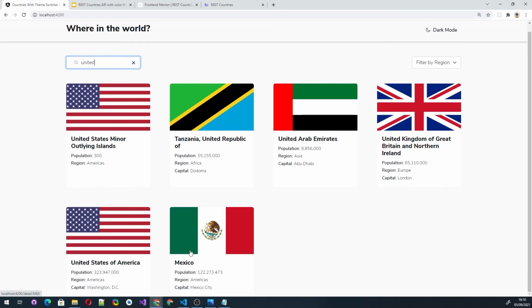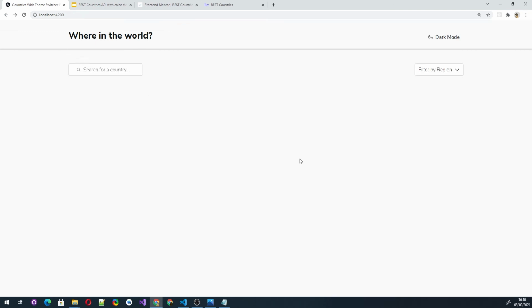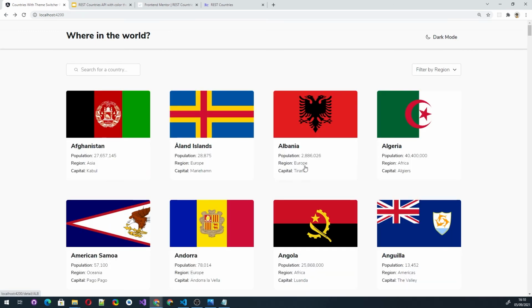This is an interesting one. I have to look at that again. I don't know why that one comes up. United. Why is Mexico there? Is there some United somewhere? Not sure why that comes up. But again, I didn't write the API, so I'm not going to worry too much about that. And so that's the search. So the search works, filtering works,